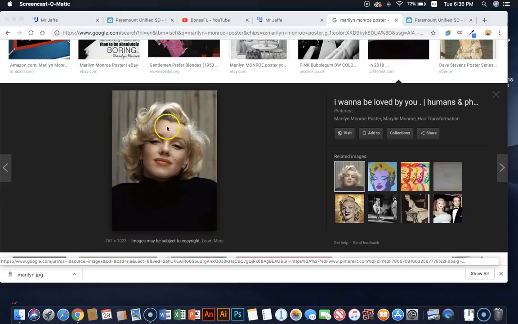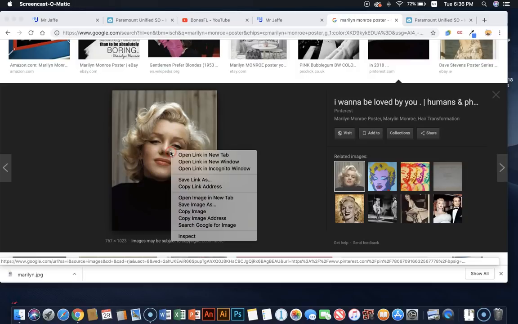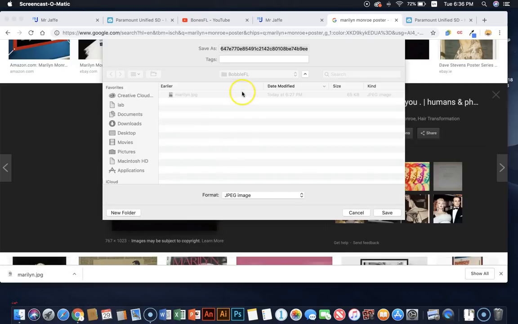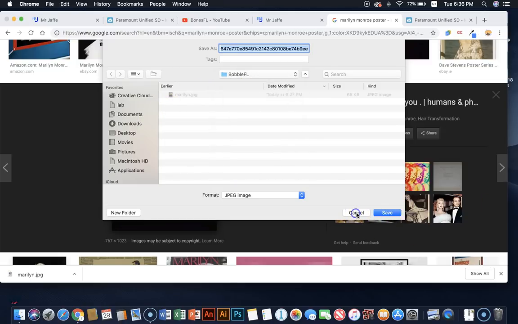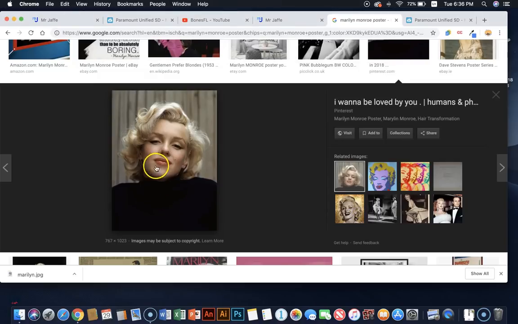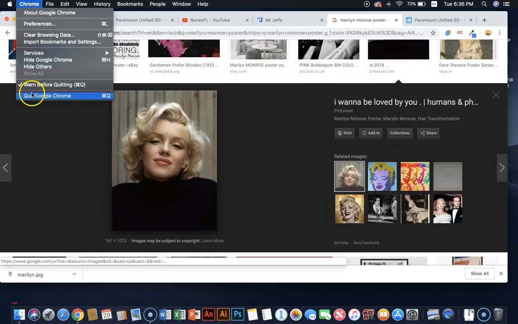Okay, so this is the one I've decided to grab, and I'm going to right click over it and save image as, and I'm going to browse to my documents folder. In this case, I've got a BobbleFL folder in my documents folder, and I'm going to click save. Okay, I already did that. So make sure you save it in your downloads or documents. And then you can close out Chrome